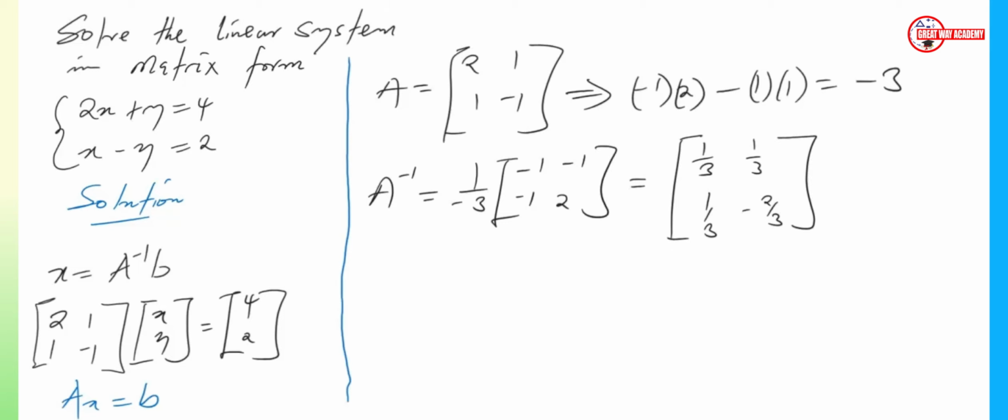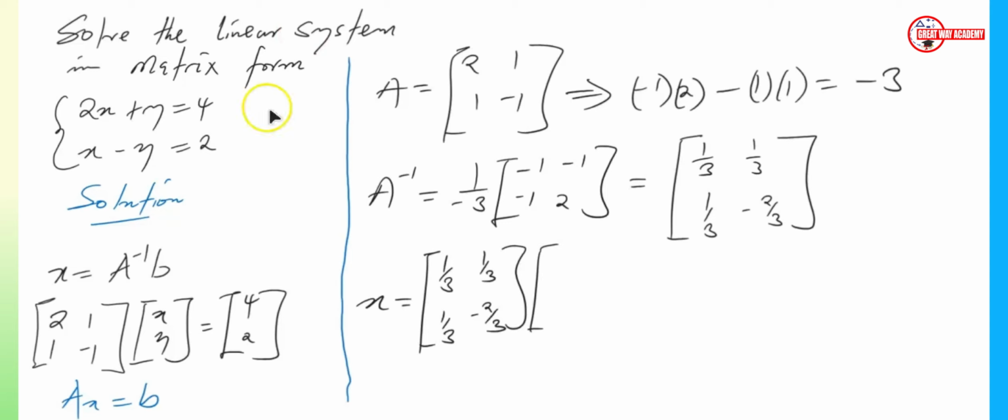To find now the solution, we get x equal to the inverse of matrix A, which is 1 over 3, 1 over 3, 1 over 3, negative 2 over 3. We multiply this by the vector 4, 2 here. So vector B, 4 and 2. When we multiply this,